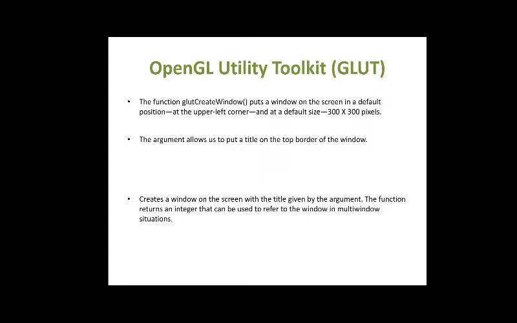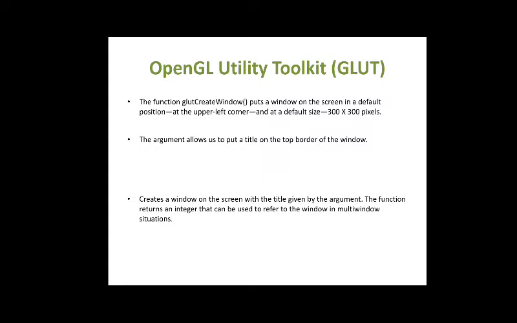So, what do you have to give for that purpose? You have to give the position and the size of that particular window. Whenever I am saying position, what will be the different positions? If you want to set it on the upper left corner, lower left corner, likewise. The default values here: the position is set to the upper left corner and the default size is set to 300 by 300 pixels. So, we can change its size also, and we can also change the position of that particular window.